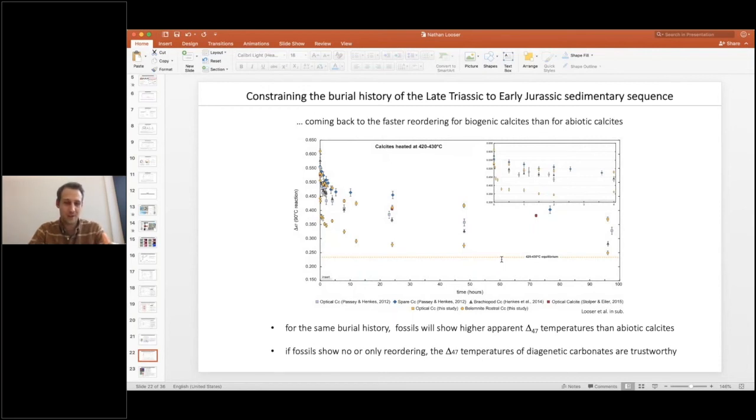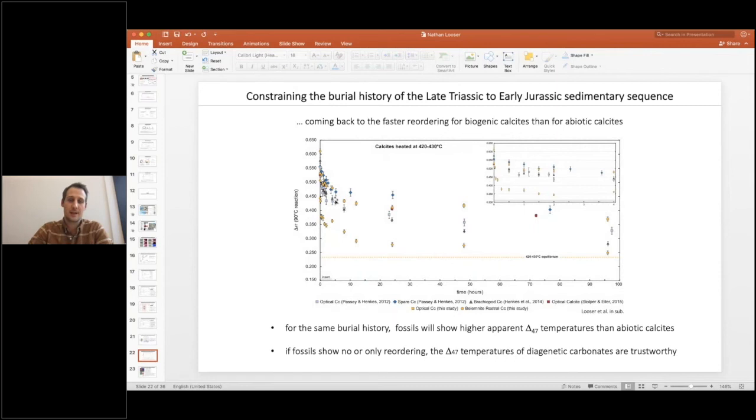As I said, for the same burial history, fossils always will show higher apparent delta 47 temperatures than abiotic calcite. And if fossils show no or only very little reordering, the temperatures of diagenetic carbonates are trustworthy. So what we basically did in this other project where I show this picture here,